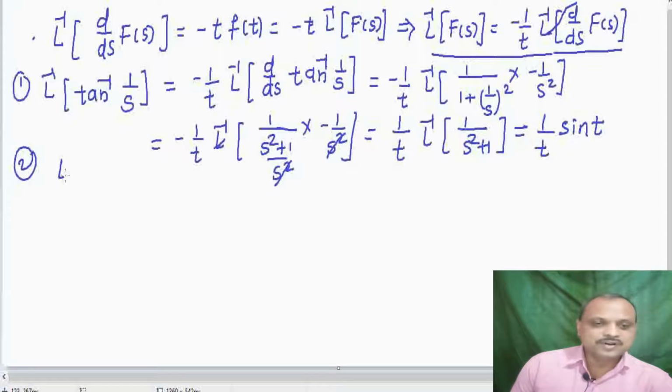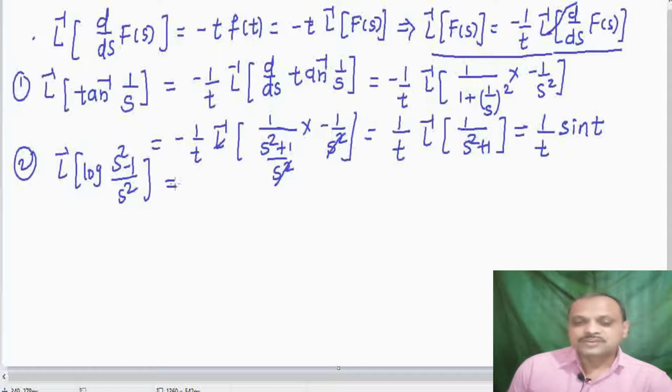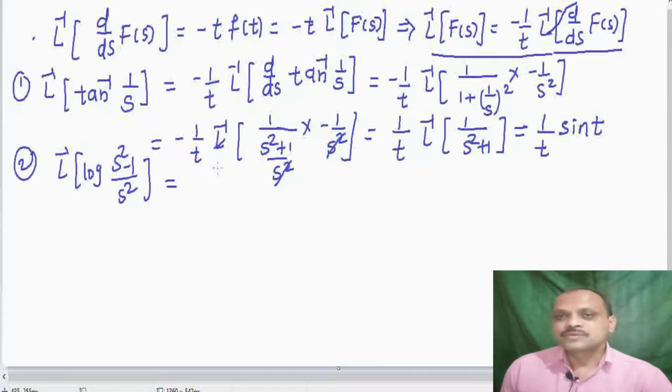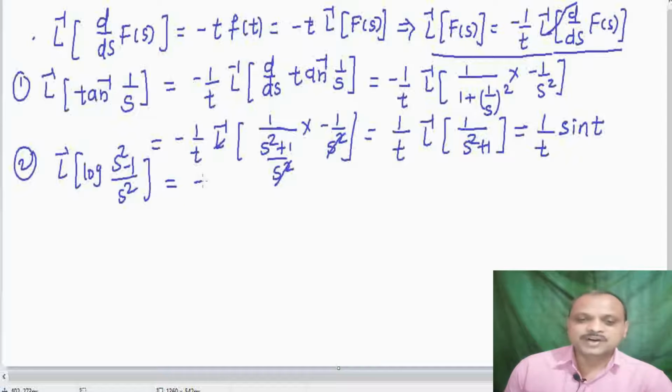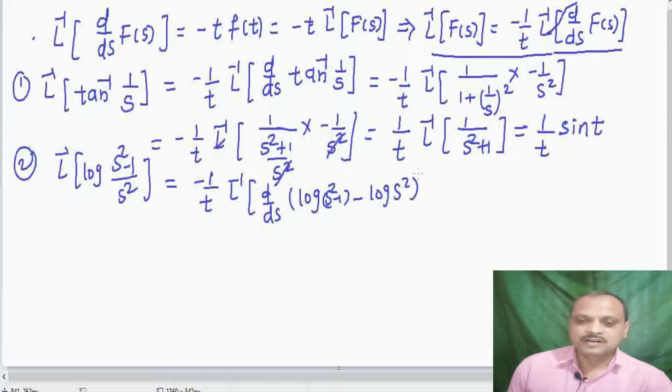Here, L inverse of log of s square minus 1 divided by s square. Now we again do not have a standard formula to find the logarithmic Laplace transform. So here we multiply and divide by minus 1 by minus t, and we take the derivative d by ds of log of this term. We write it as log of s square minus 1 minus log of s square. Again simplification,